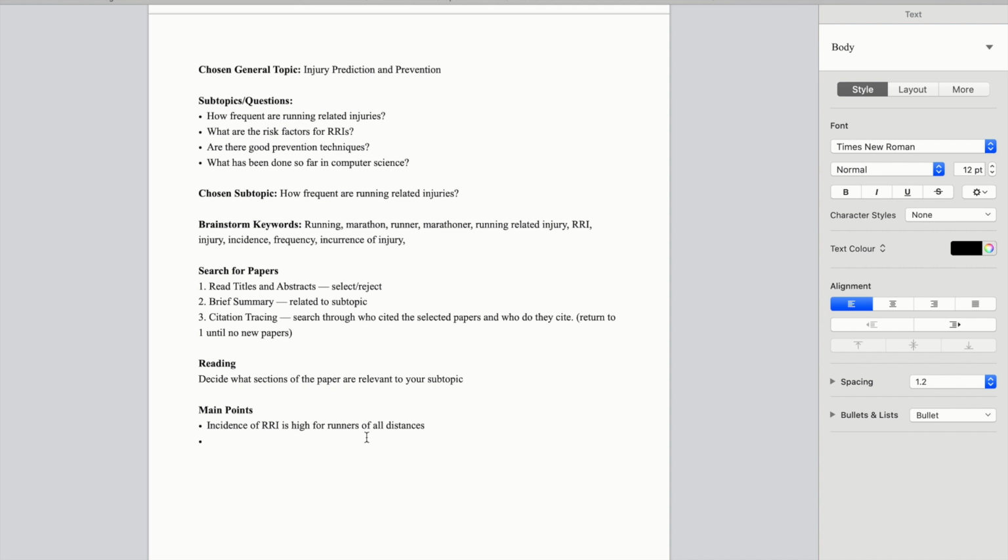And then I'm going to have another couple of points. Ultramarathoners, so those are people who do like 30 plus mile runs, and marathoners experience a high rate of injuries requiring medical care. That's another point. There's a U-shaped relationship